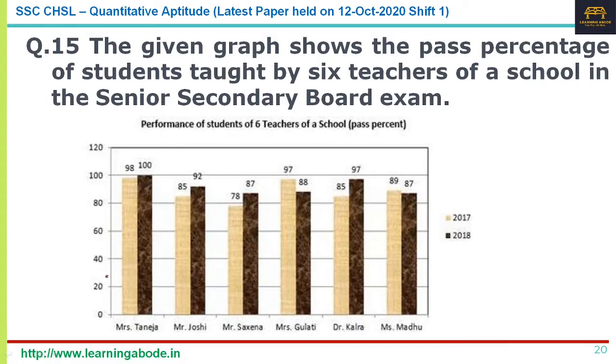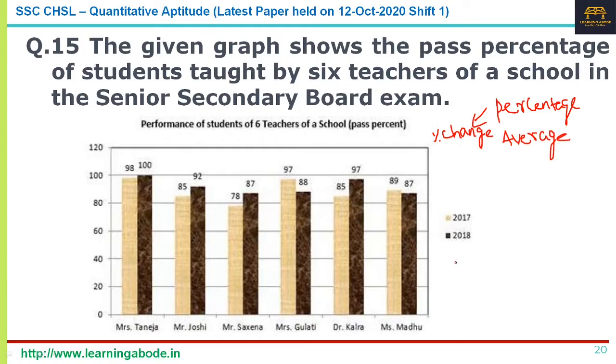As far as data interpretation is concerned, you will get questions on percentage, average, or numbers, just like simple addition, subtraction, etc. But mostly you will get questions on percentage and average. In percentage, you will mostly get questions on percentage change or percentage comparison, or even profit, which is a kind of comparison with the investment that you have made. Now this is also a comparison question. You are comparing the previous year and this year, asking which teacher has done exceedingly well.